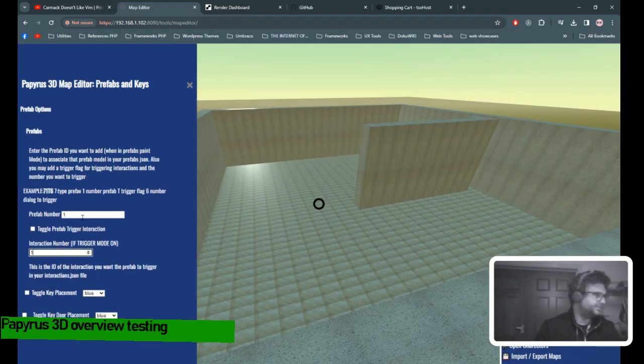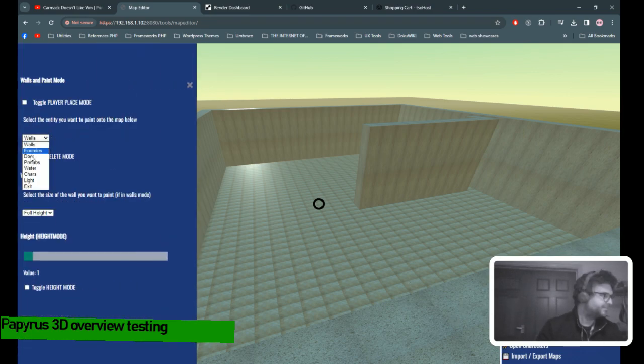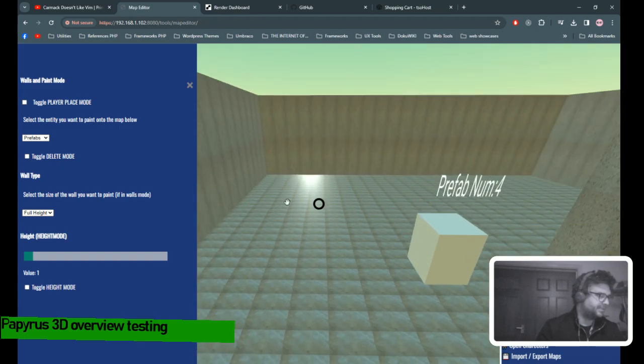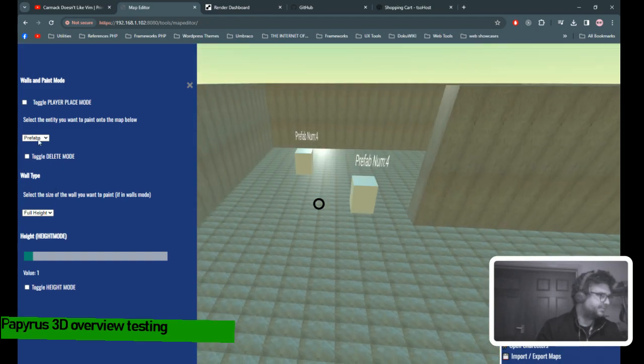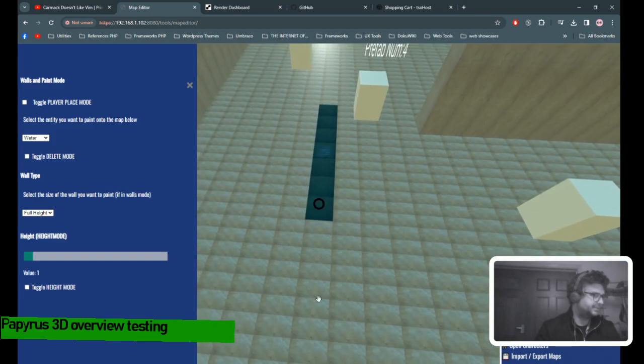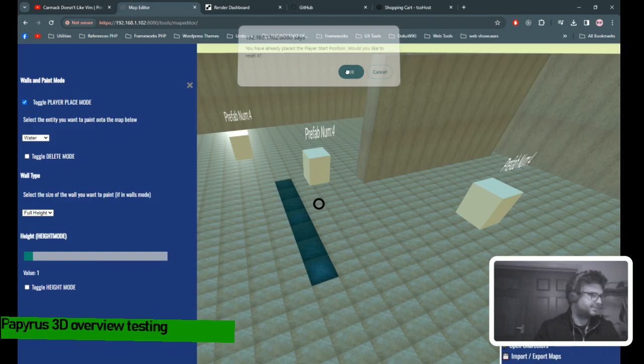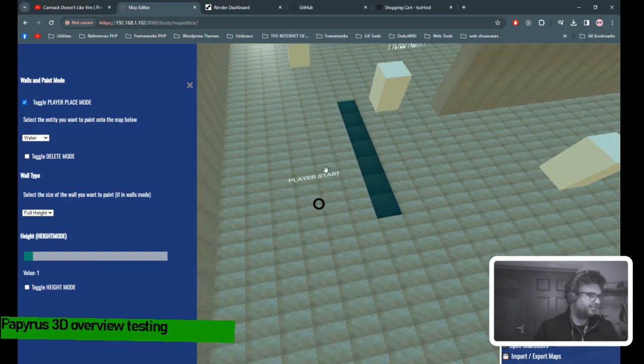I don't think I've seen that actual model yet, and yeah, a bit of a table, bit of a table, and some water. And I'll do the player placement as well, possibly. Oh, okay, the player placement's not going to be there. I don't want it there. There you go. Player starts there.